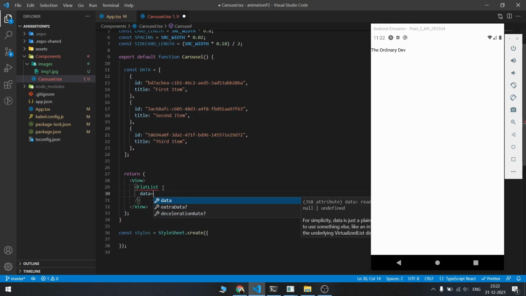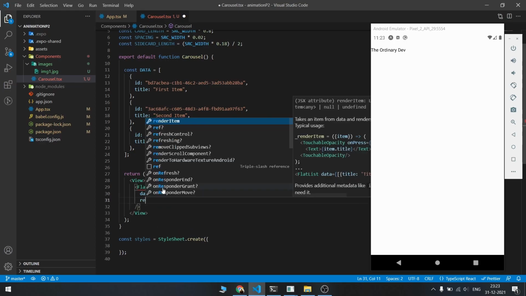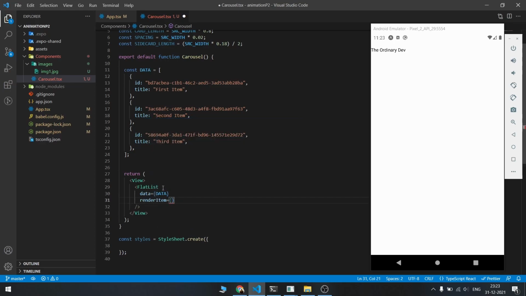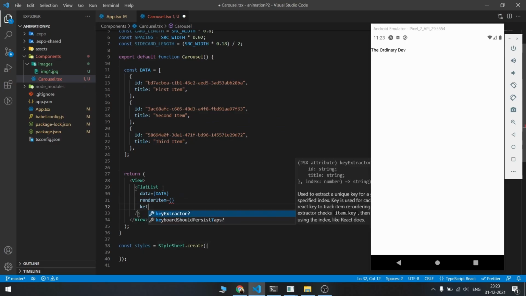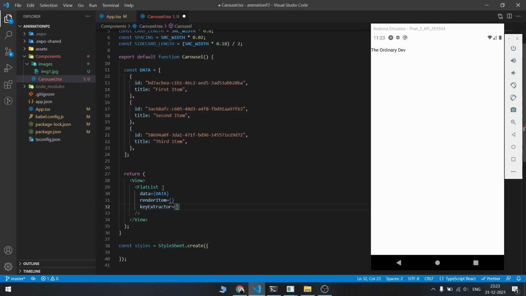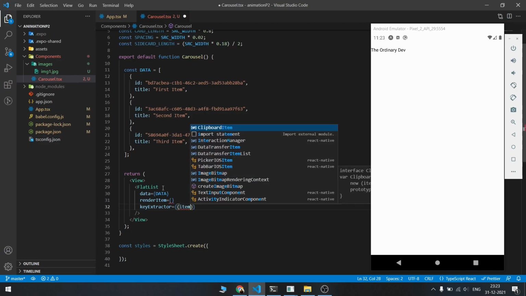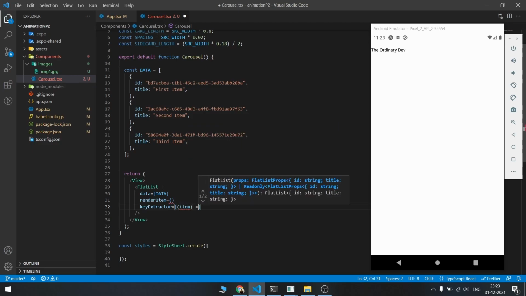This takes in data, which we already have here, and a renderItem, and a keyExtractor. The key here is going to be the ID that we have in the data. So let's set item, so item.id.